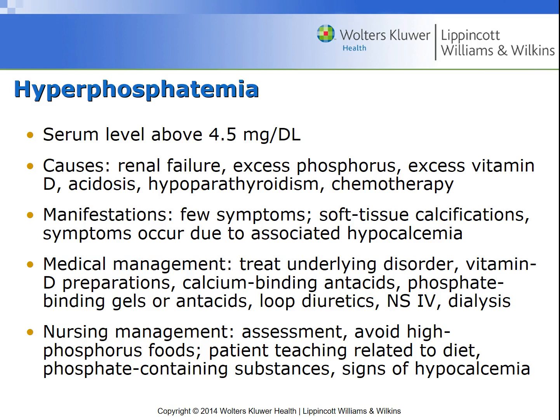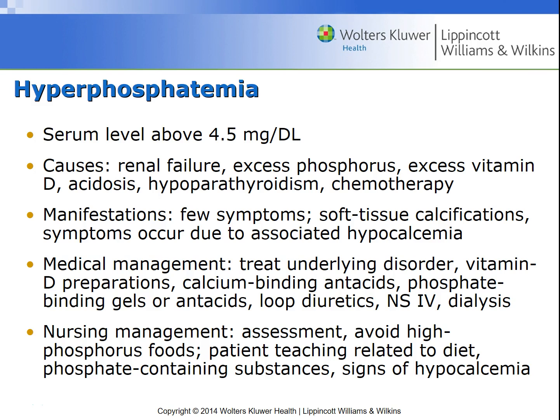All right, so phosphate that is above 4.5 is hyperphosphatemia. Causes could be renal failure, excess phosphorus, excess vitamin D, acidosis, hyperparathyroidism, and chemotherapy. Manifestations: few symptoms, soft tissue calcification. Symptoms occur due to associated hypocalcemia. Medical management: treat the underlying disorder, vitamin D preparations, calcium binding antacids, phosphate binding gels or antacids, loop diuretics, and normal